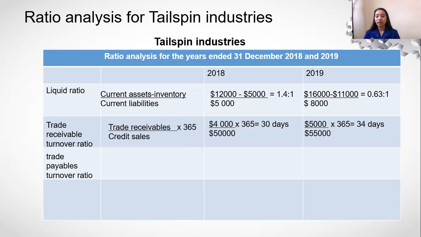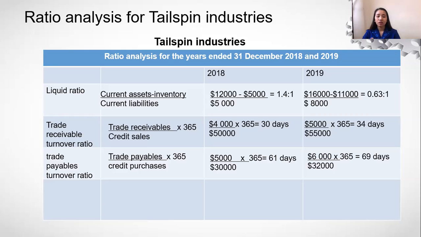And then we do have trade payable turnover ratio. The formula is trade payables divided by credit purchase times 365. And how much we got 2018? 61 days. 2019, 69 days. Getting longer. And for inventory turnover, remember, it's how many times our inventory turns,